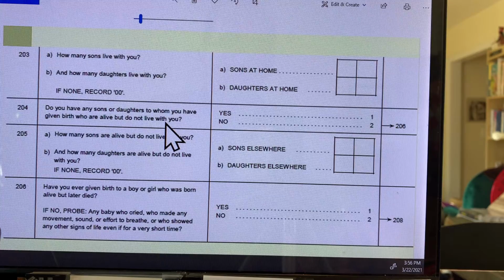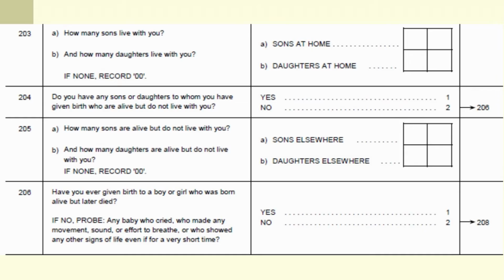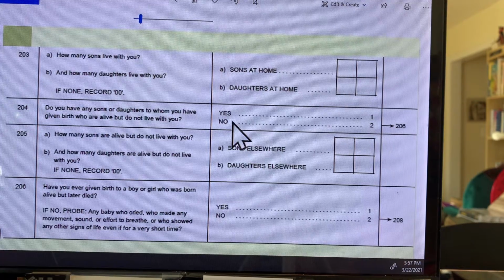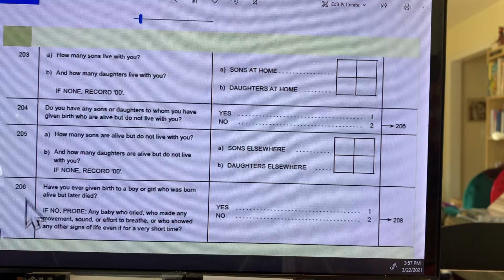Because somebody could interpret, if you just ask how many don't live with you, oh, because they died, they don't live with me. But here they're saying they are alive. So it's very important that you differentiate very clearly. And you have binary again, yes or no. Now look at this. There is one additional column here that is added, and this is the column for the skip pattern, which means if the respondent answers no, you don't ask 205, you skip to 206.